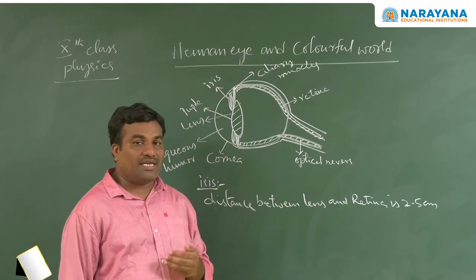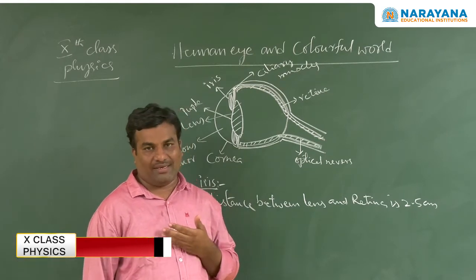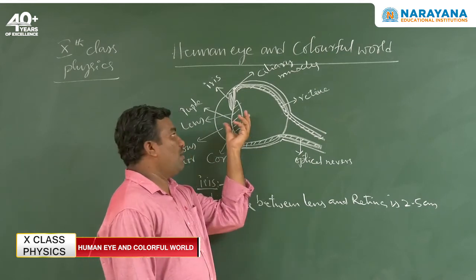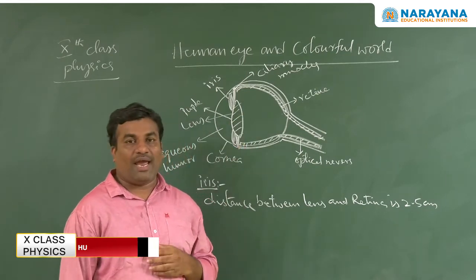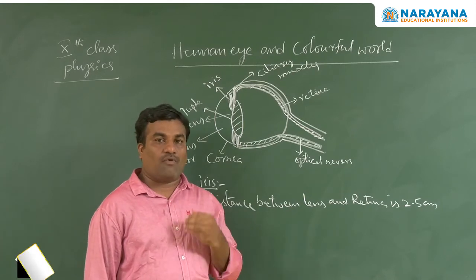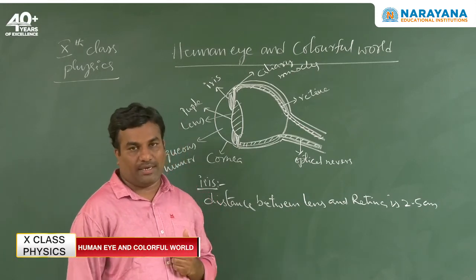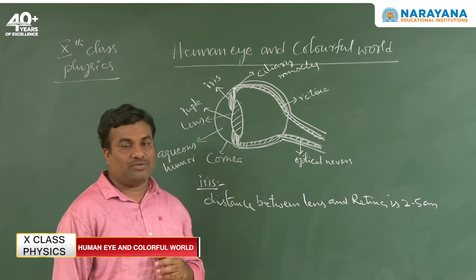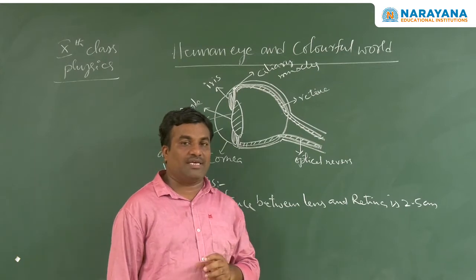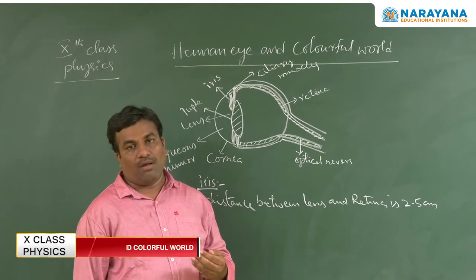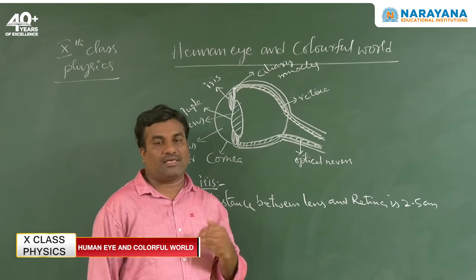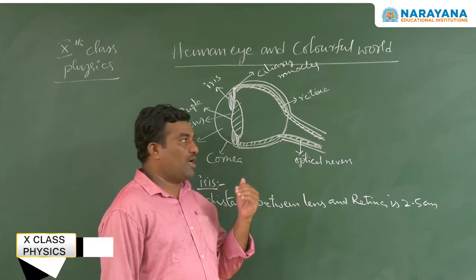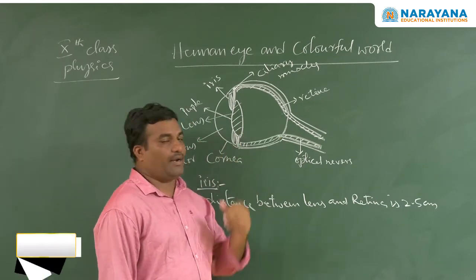Suppose the object is placed very close to your eye. Then the ciliary muscles cannot adjust the focal length of the eye lens, and you cannot get the image formed on the retina. So when we see nearer or long distance objects, the focal length is either maximum or minimum, never beyond the maximum or minimum. Otherwise we do not get images on the retina.